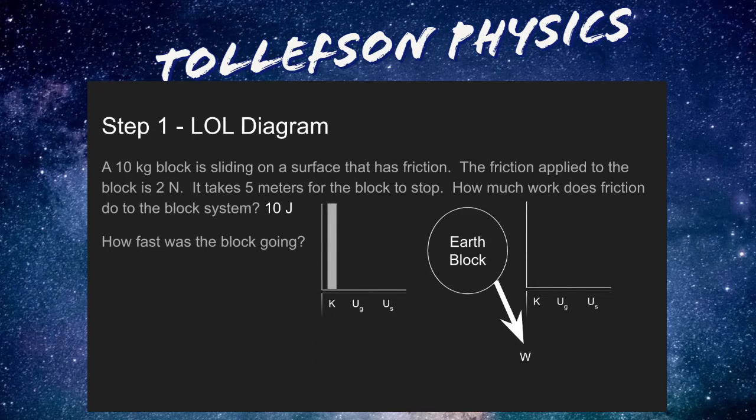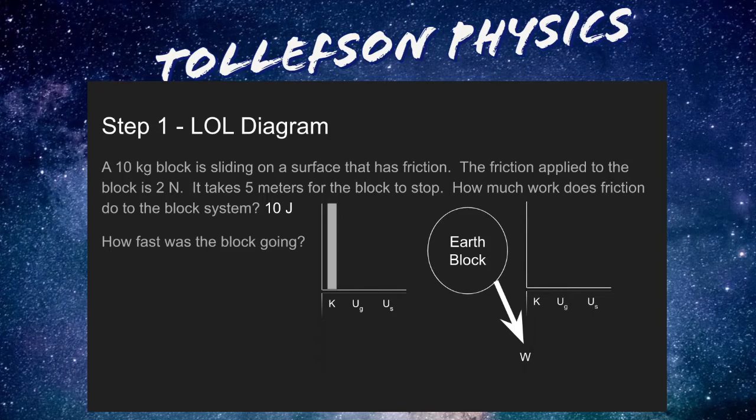Okay, so here's what the diagram looks like. On the Earth block system, initially it's moving, and then friction causes it to slow down. The way that I've written that here is I am going to look at just the block, and the block is moving, so that's kinetic energy at the beginning, and it stops at the end. So I have no energy at the end, so the energy has to go somewhere. Well, it went into the friction. That's the work that was being done on the system. And the surfaces between the block and the surface warm up. They might deform a little bit, and so that's where the energy is being transferred to.